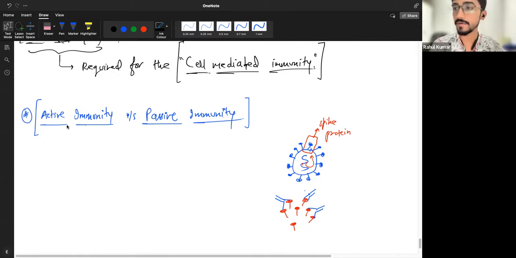Any doubts? Anyone has any doubts? No doubts? Okay, then please go and revise, sit, think about it, think about your vaccines, go on internet, search about which vaccine, Pfizer, AstraZeneca, Covishield, Covaxin, Sputnik, whatever you have taken, read what are they, it's available. Know that what's happening to you, how it's helping you to fight against COVID. Okay, because this is what you are studying.